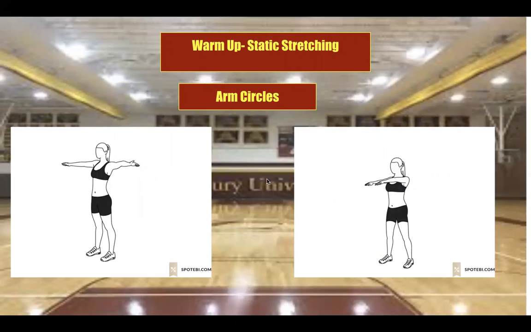And then for the next one, we're going to be doing arm circles. I threw in 2 different versions. I got the little arm circles right here where you're going forward, keeping control of the motion in your arms, kind of stretching out your shoulders and everything. And then you got bigger arm circles right over here on the right.